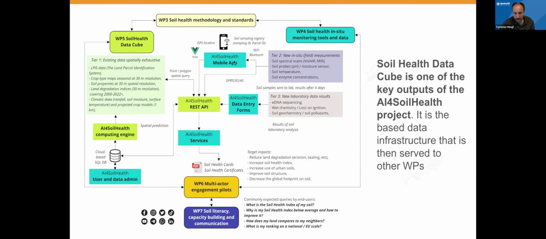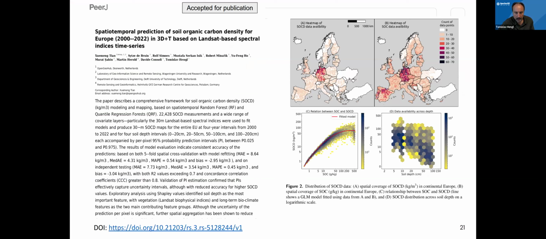Other outputs will be the mobile phone app, the AI for Soil Health mobile phone app. This is coming in September and November. We'll have a first test version. And then this mobile phone app will be the central place to access this soil health data cube. And also we will provide functionality for really plain users to produce a soil health card. So to ask, what is the soil health index of my soil, of my farm? How do I improve my soil health index, etc. So that's kind of in a nutshell.